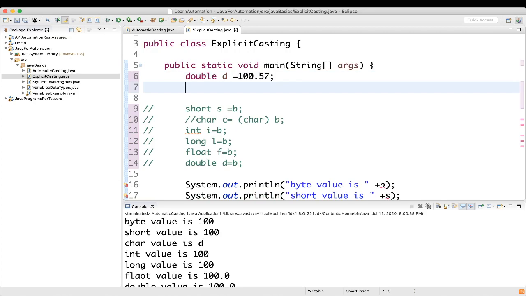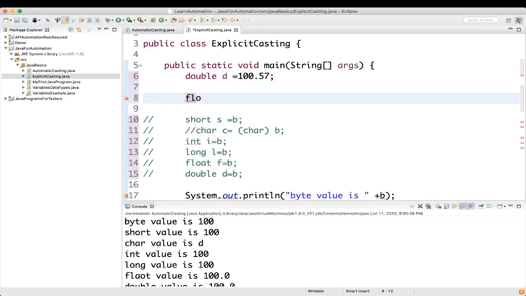And let's create one float variable, float f, and assign d to it. Let's see what is happening. See what the error is. You are getting type mismatch, cannot convert from double to float. So the type is mismatching here. Among the quick fixes it is giving: add cast to float. If we add the cast, the issue is resolved. We are getting float, then d. It means the explicit typecasting happened, and we are able to convert it.